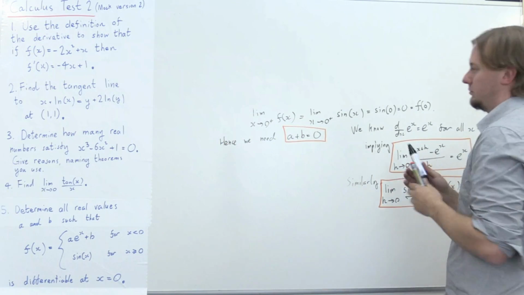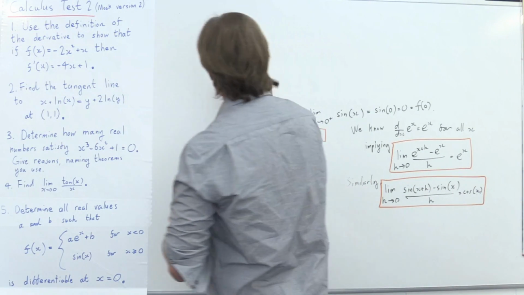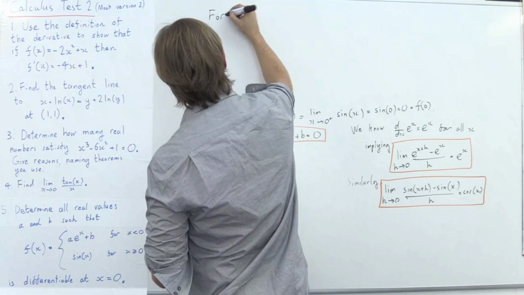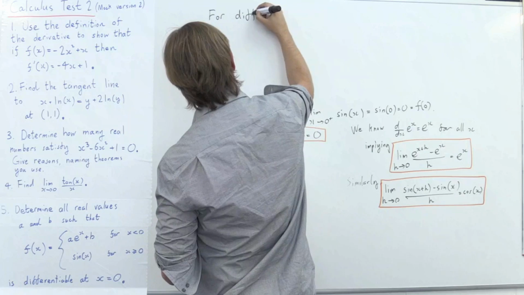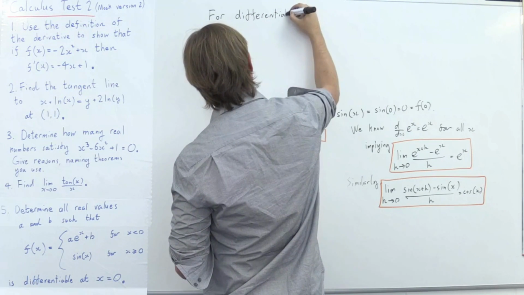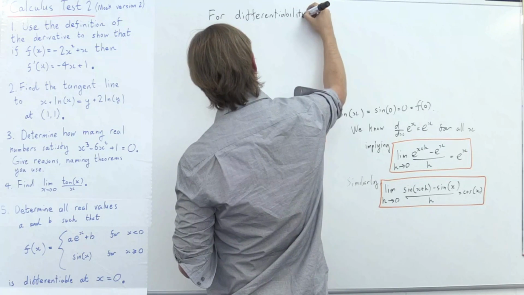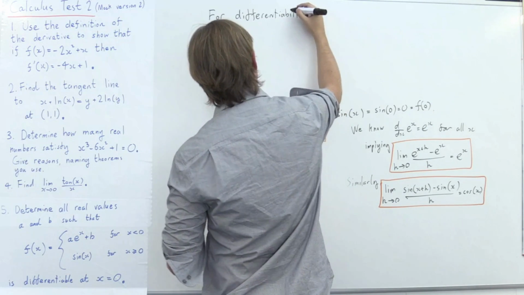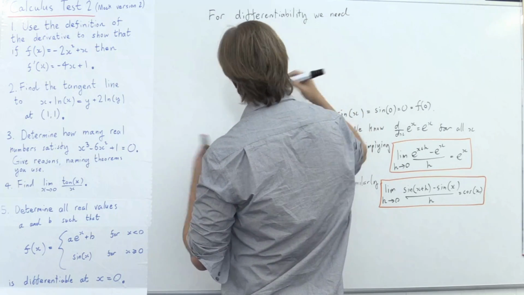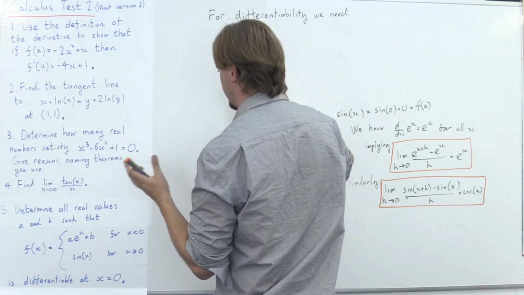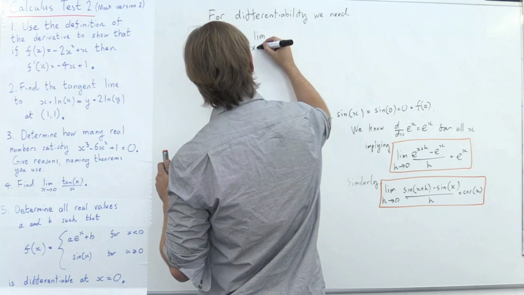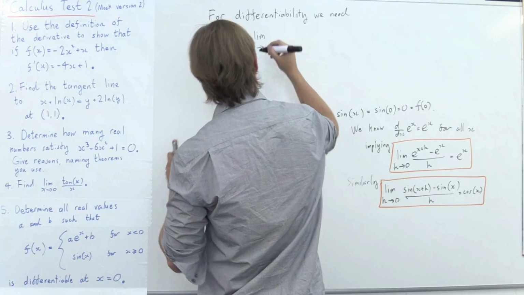So continuity was something we needed. It gave us one condition. But now for differentiability, we need that the limit as x approaches,